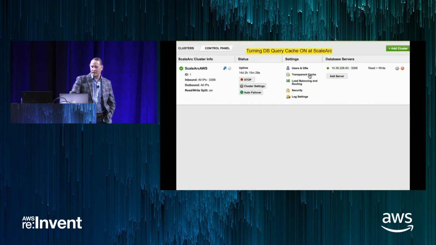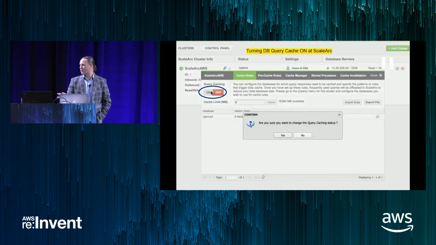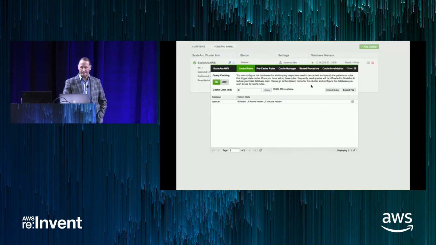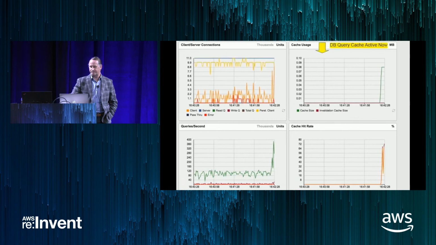Okay, so we can go in now and turn on the transparent cache. Now, there are APIs for all of this. Could I have set this up from the gate, turned on cache, had everything going great, and AppDynamics would have seen the performance? I could, but to show you the before and after here, we're doing some of this manually in the UI. So we've gone ahead and turned on the caching now. Now, what's happening is as queries come in, we're building a read-ahead cache.